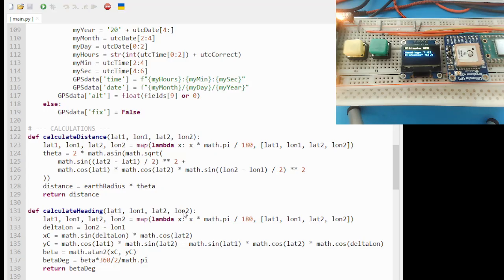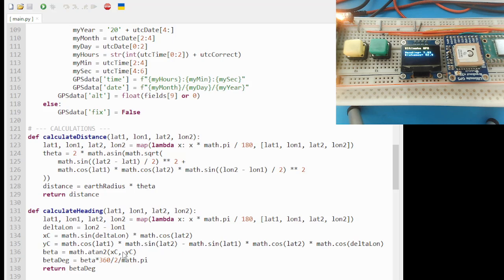Same thing. I passed the waypoint information. Then I change it from decimal to radian. Then here's another one of those things where you try to simplify the calculation a little bit. And he's got an XC and YC. This is Paul's, I believe. And what he did was he took